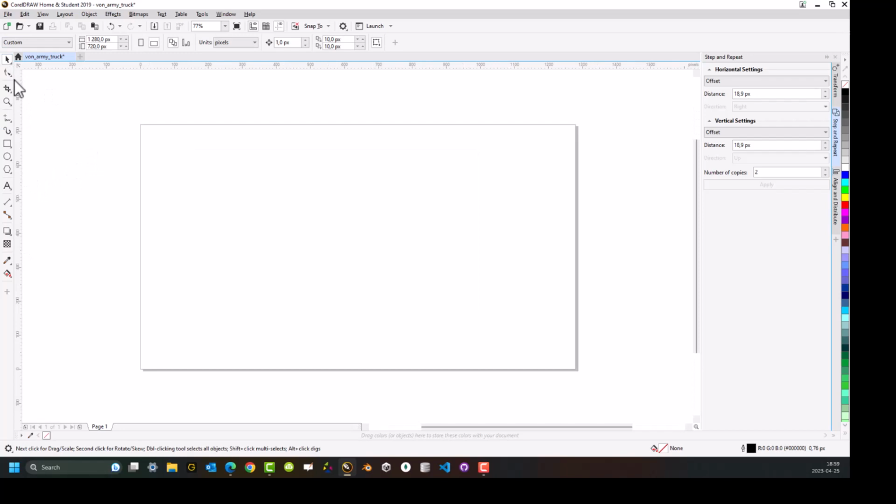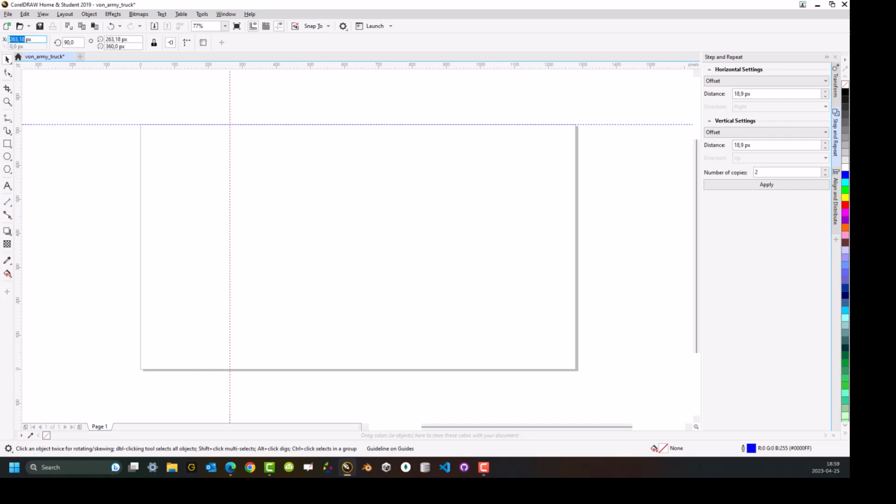Now, one of the things I use an awful lot is guidelines. The way that we can add guidelines is to left mouse click in either the top or the left hand ruler and then drag a guideline onto the screen. And again, drag the guideline onto the screen. Now, you can see that the guideline is selected. So when it's selected, I can actually change its options. At this point, if I put 720 in, it will actually put it to the top of the page. Now, if I do this one,